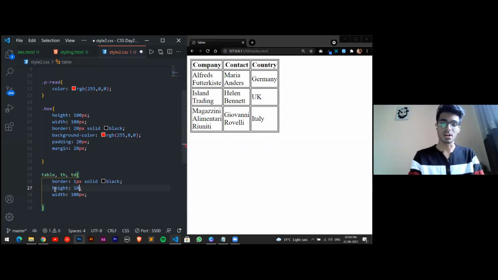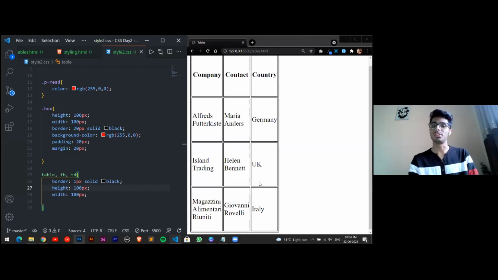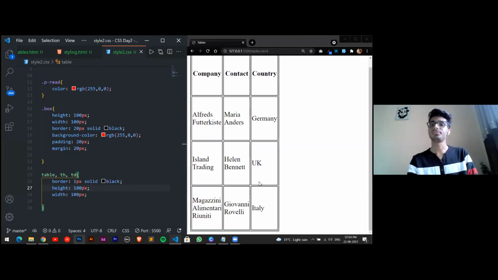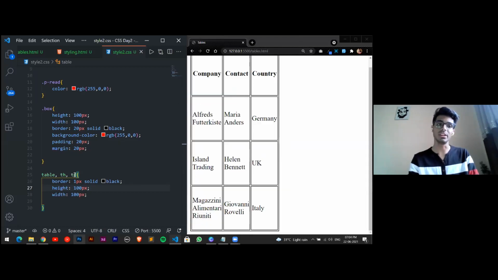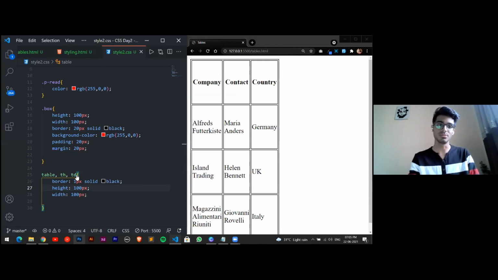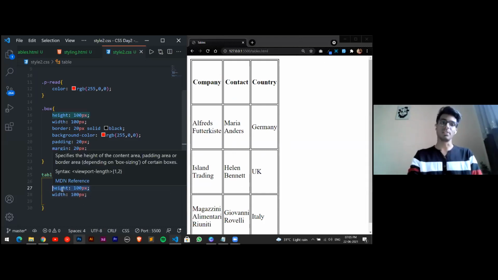Height 100 pixel. So this will look like a square. Okay, cool. The height is 100 pixels just because we have given a height to the TD and TH also. So the 100 pixels is getting applied to this TD and TH also. If we just remove this, everything will go and the table will only be of 100 pixels. So if I'm removing this, but there is a convention to give a height. All the property value pairs work on each and every element of our HTML.